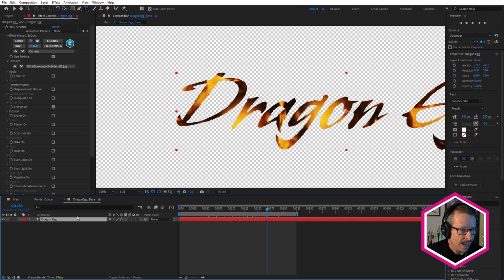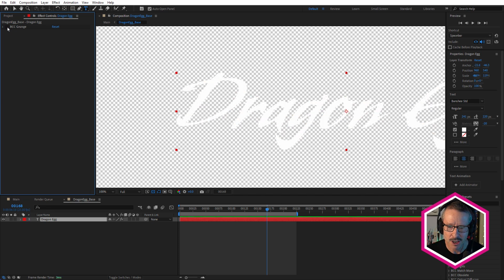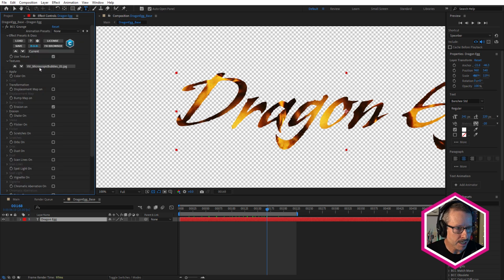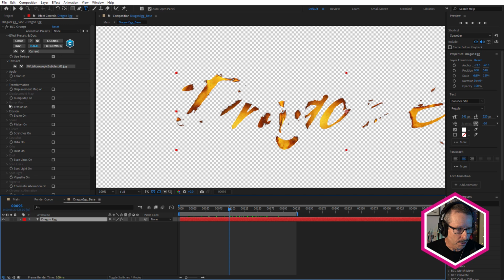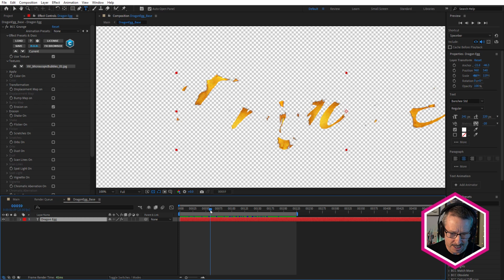So Banshee. And to that, I've applied another sneaky little Continuum effect, BCC Grunge. Let's turn that off. So there's the white text. Now with BCC Grunge applied, I've used the VV Microscopic Bubbles texture. Okay, and I've also turned on erosion. I wanted the text to be revealed in an interesting way, but rather than just using a transition or a wipe with a mask, I wanted to give a feeling that it was sort of burning on, and that's why I used erosion.